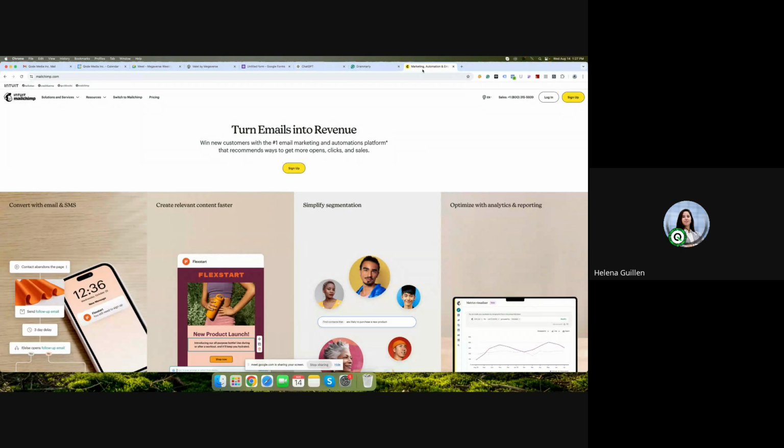So for example, for the luxury client, we needed to transfer their current campaigns, right? So for example, this one, this is a copy. So let's do this one. If I click on it, I see a layout that they already created. So it was going to be hard for me to fully duplicate this. So what I did was I copied this whole HTML source, which should be available on Zendesk, on MailChimp,